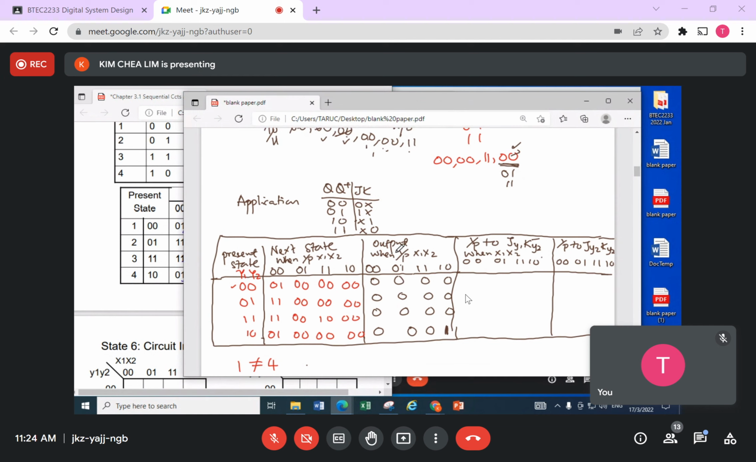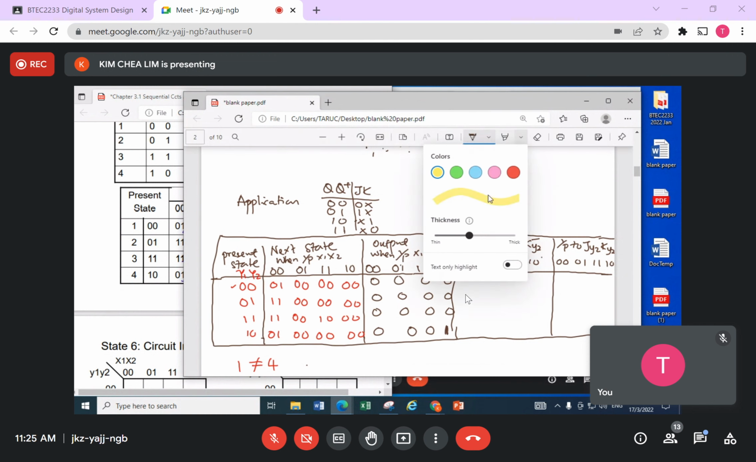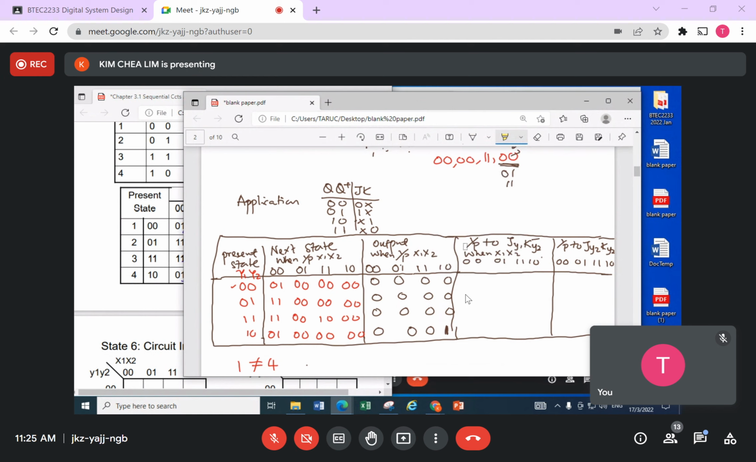All right, so output, no need to see first. We only see here. So in this case, for me to look at this: JY1, JY1, KY1. Sorry, I made a mistake here. Okay, this is Y2, correct. Okay, 1. So for the first one here, what I'm going to do is